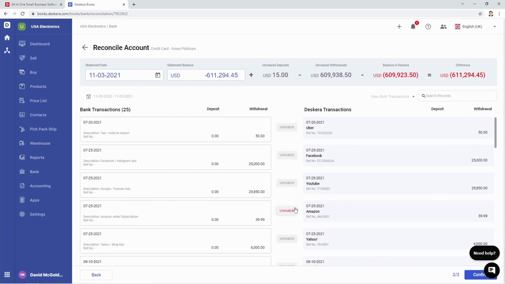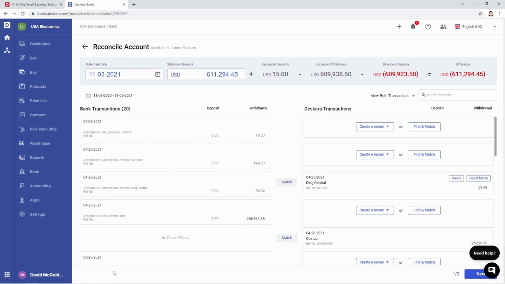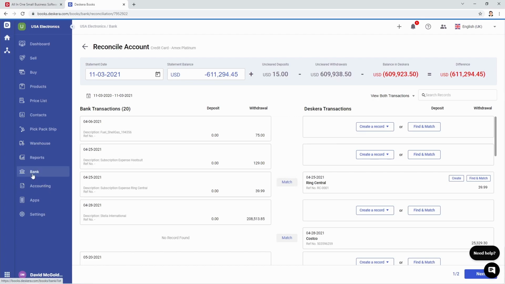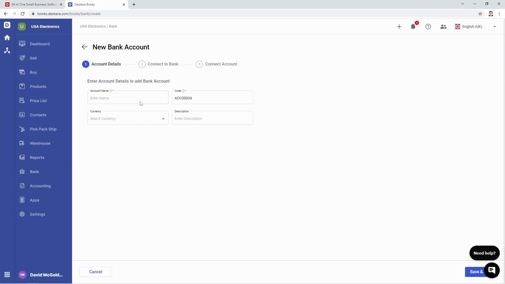So they can see all their matched transactions, and they can go back and start finding different transactions here and matching them just by clicking Match. They can also go and add a bank account, enter in the name, put in the account code,